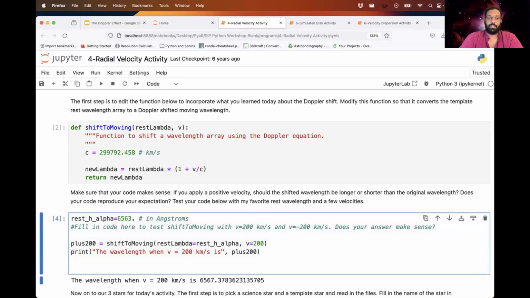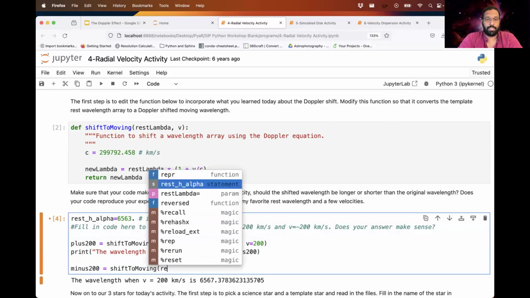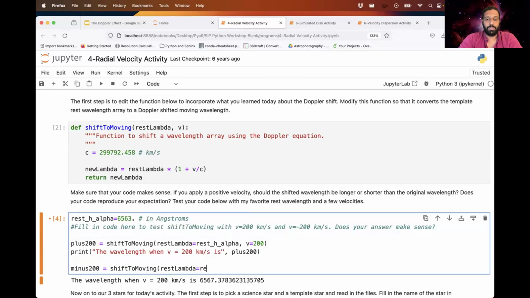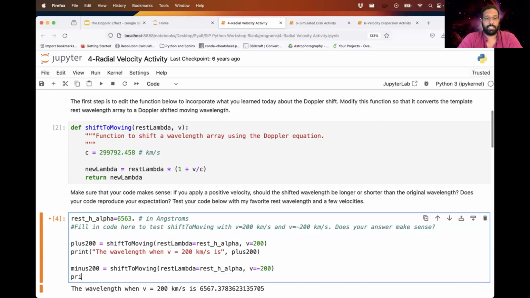Now we can do the same thing. We could go to a minus 200, which we would then say shift to moving with a rest lambda that is equal to rest h alpha. So it's the same rest wavelength that we had in the previous example. But now we'd send in a speed of minus 200 kilometers per second. And just as before, I'm going to type out the wavelength when v equals minus 200 kilometers per second is,